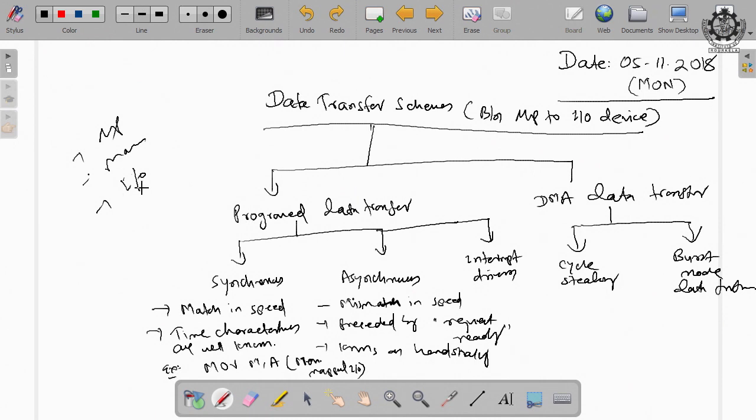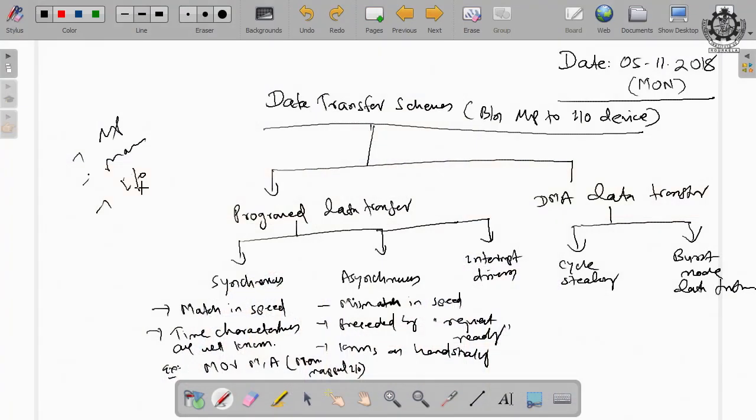You can transfer data from any place to anywhere. Any one of these can be the source, and any one of these can be the destination, right. So, we are talking about data transfer within a microcomputer system, where the components are the microprocessor, memory, and various peripheral devices, right. So, what are the possible types of data transfer that can take place between these pairs of devices?